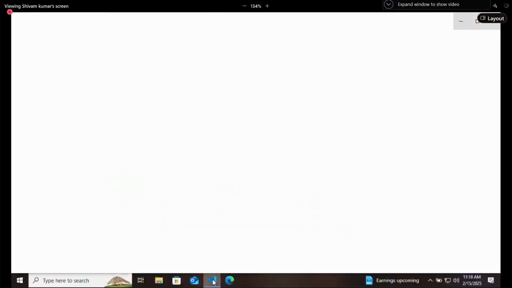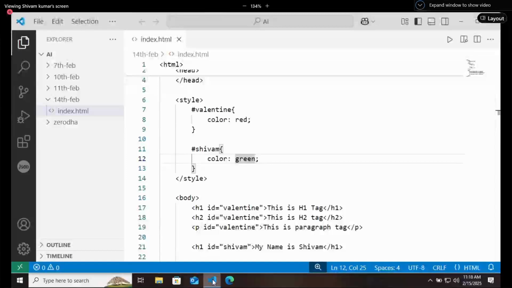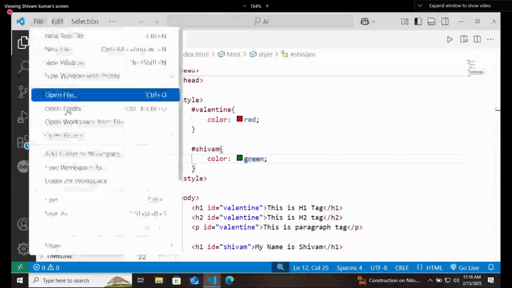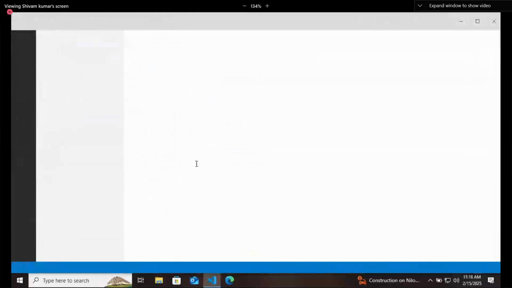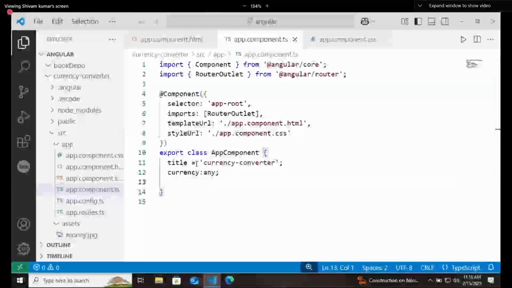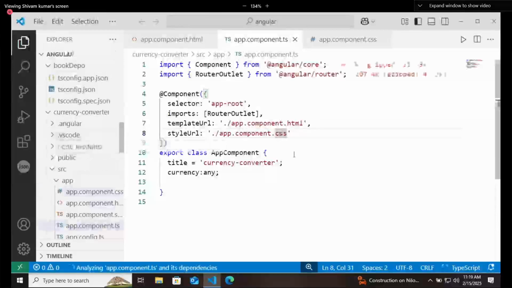So yesterday I think we were discussing something, the currency converter, right? Okay, so let's first complete that project. So I think this one.